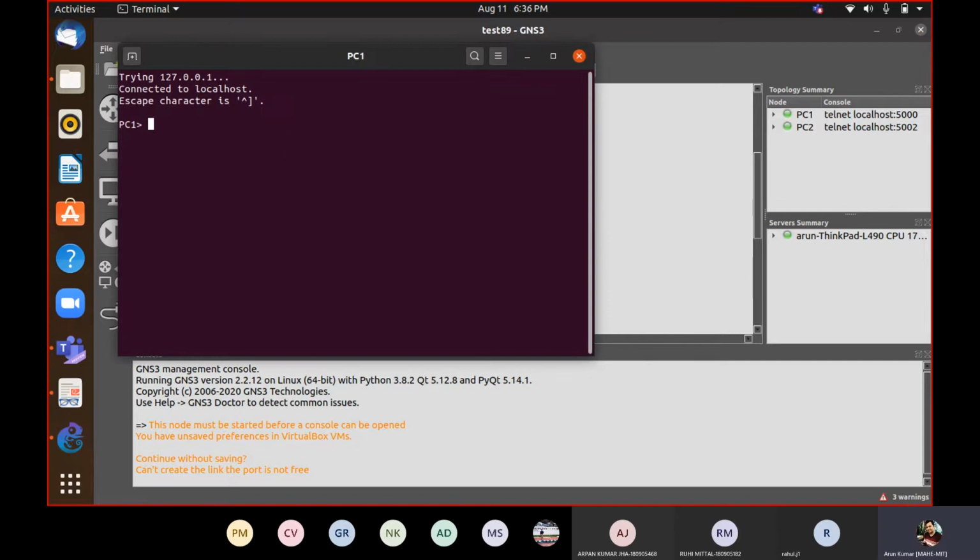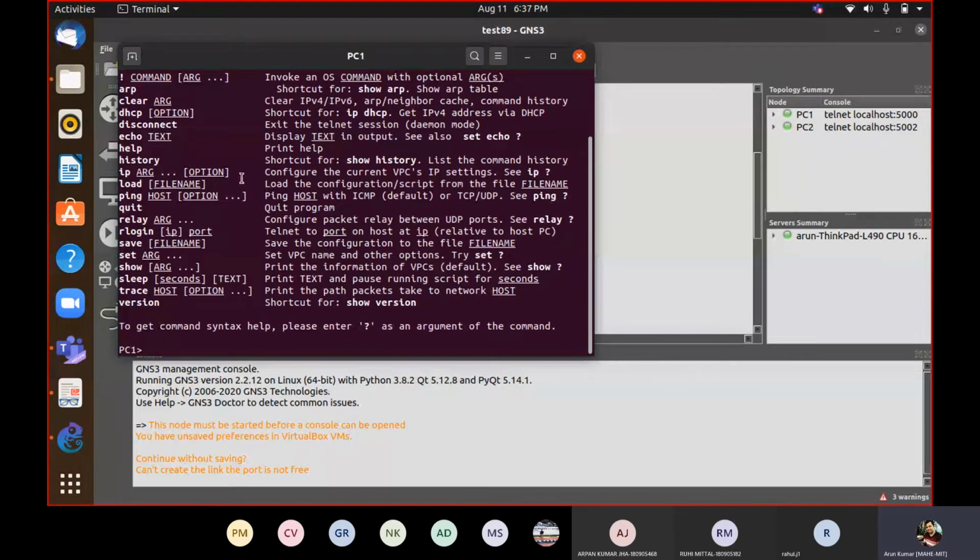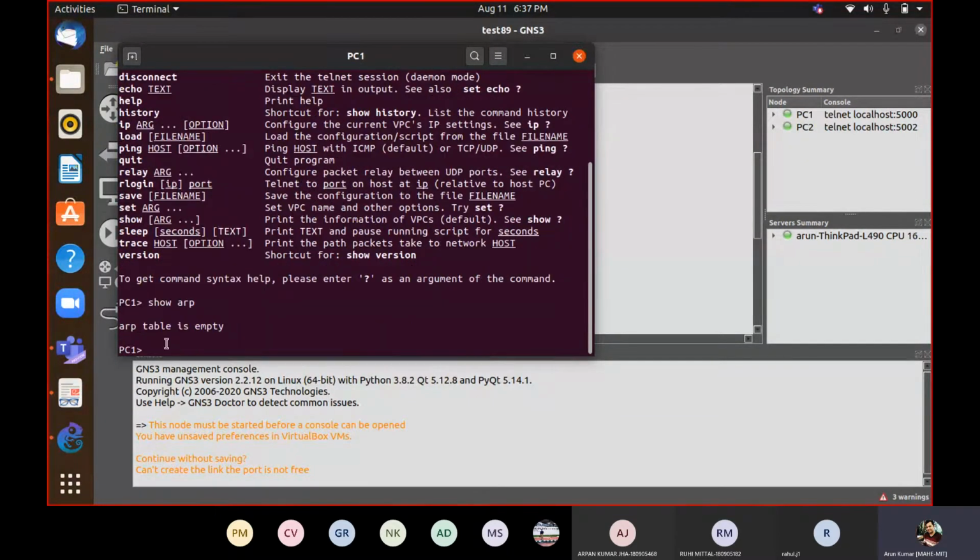Now we will check whether it has any ARP table. Show ARP, so it is a command. You can check this command, it is written here. The show ARP command will give you any entry which is there. So the ARP table is empty right now.